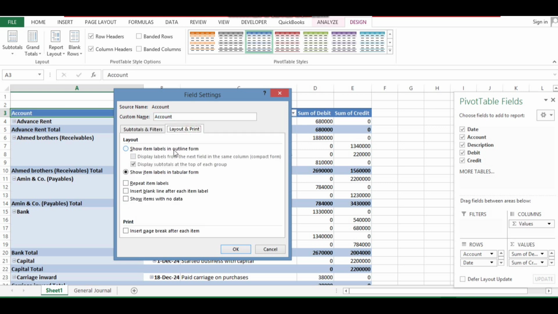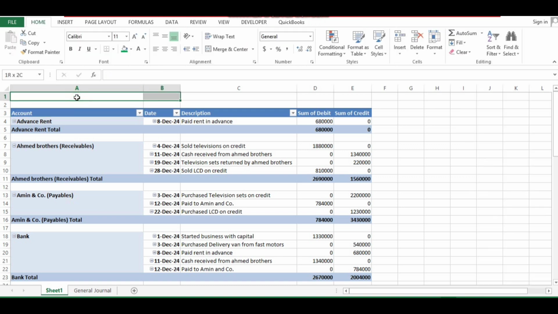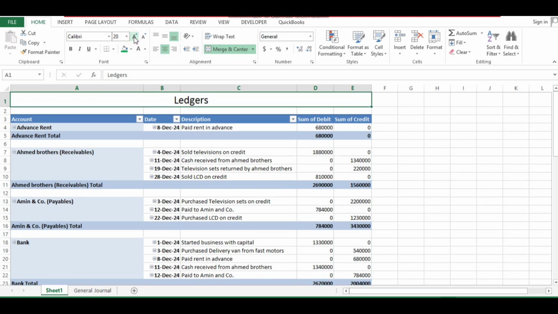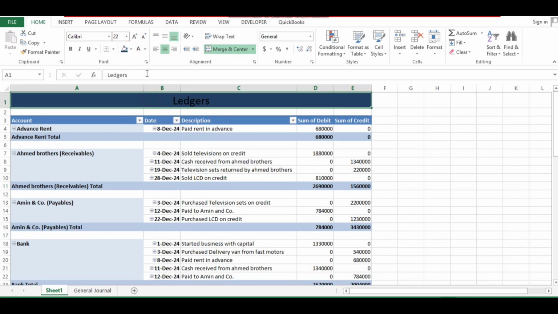layout and print, and click on insert blank line after each item label. So here we have a blank line after each item label. We can name it here, this is our ledger. So expand it and we can format it, give it a color blue and